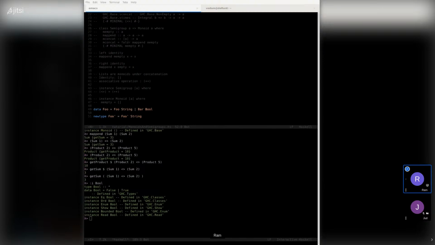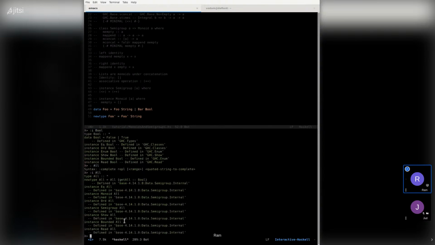All right. In Data.Monoid, actually, they do have something called All, and this is essentially a newtype on Booleans that will allow you to define a binary associative operation and make it a semigroup, and then an identity, of course, for one or the other depending on what you are talking about.